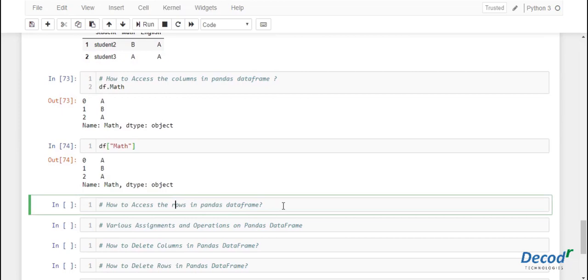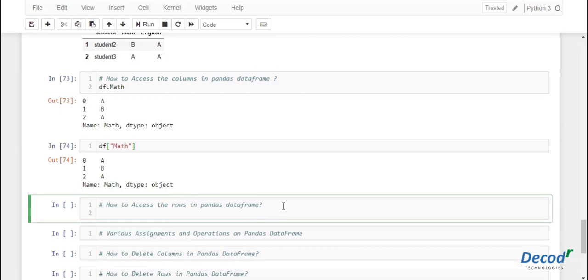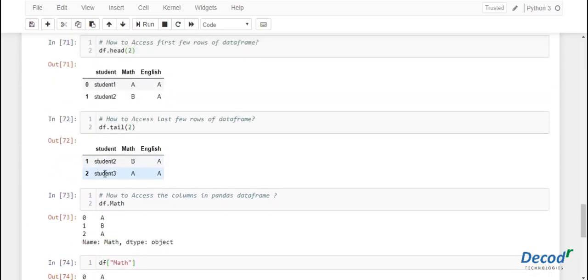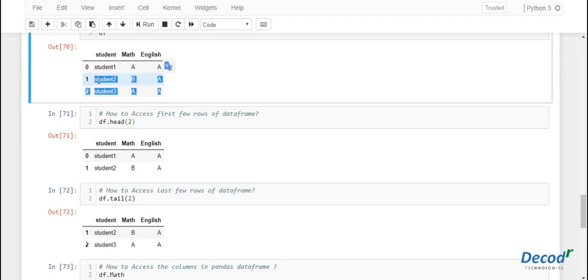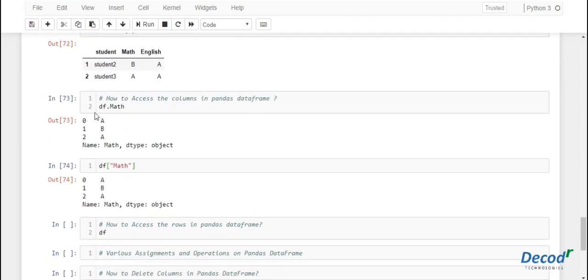Now let's see how to access the rows in a pandas data frame. To access the rows, you need to know the index of that particular row. Suppose you want to print the second element of the data frame, which has an index of 1.